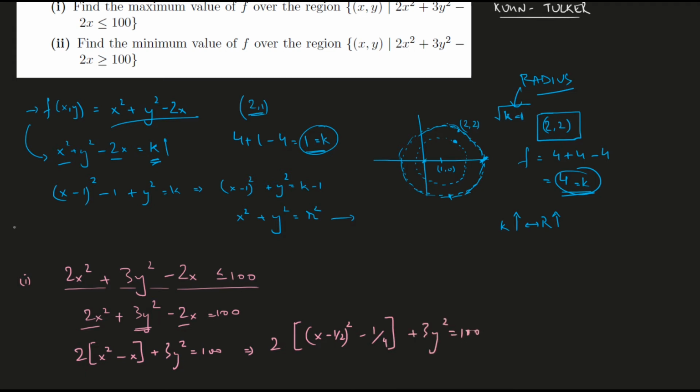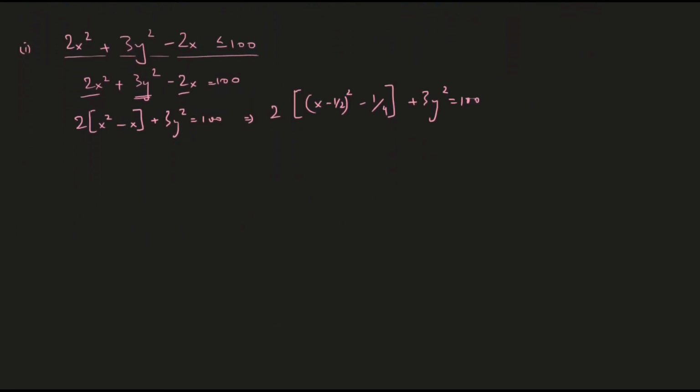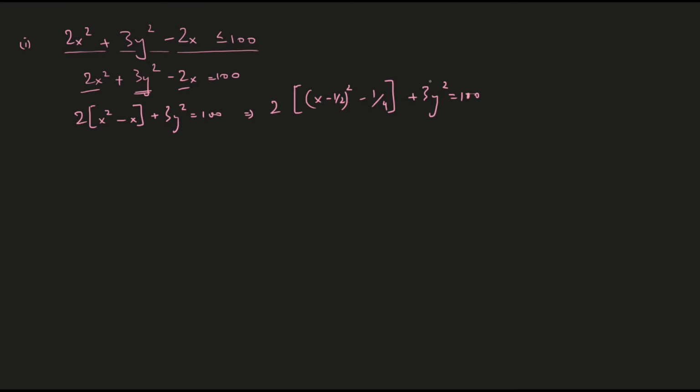Once we've reached this equation, remember that most of the standard equations that we have in two variables, the equation for a circle, or let's say for a hyperbola, usually don't have any coefficients multiplied with them directly. So I'm going to get rid of this 2 and get rid of this 3. And for that I would divide the entire equation by 6.